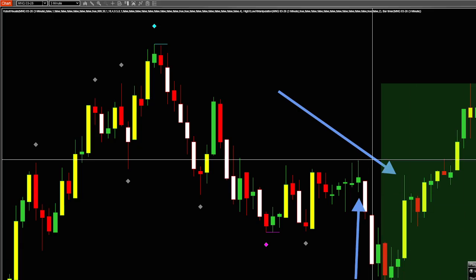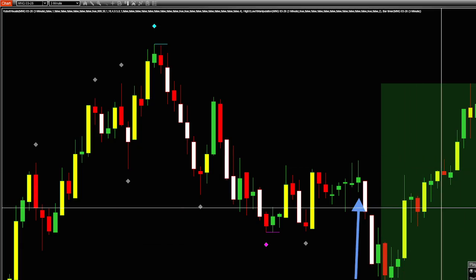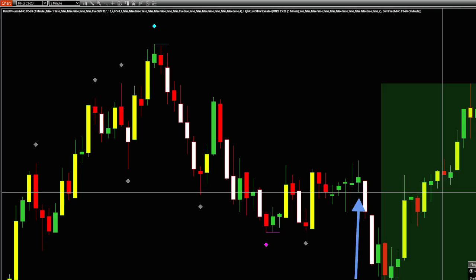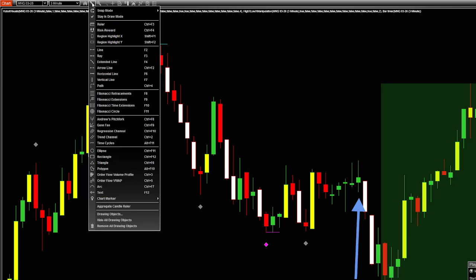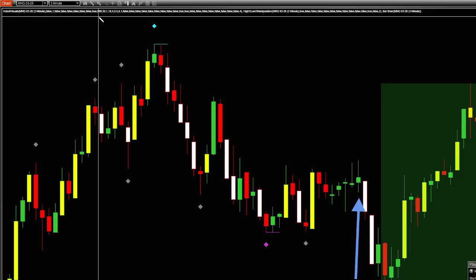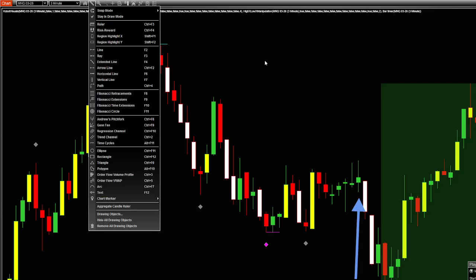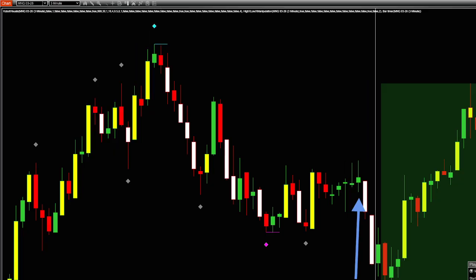Okay, and this is the first pivot. So I could actually put in, if this comes down, a trade right there at the pivot. So let's see what happens. Okay, this would be where the stop would be down here. All right, so